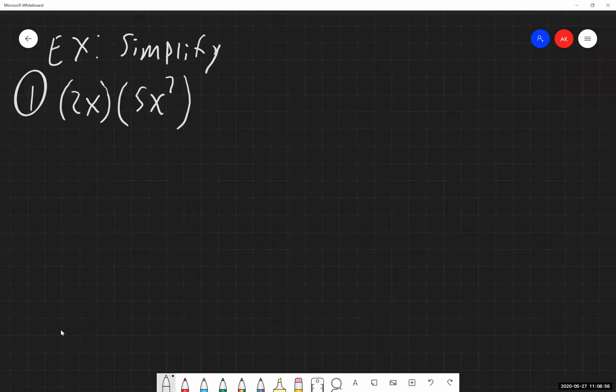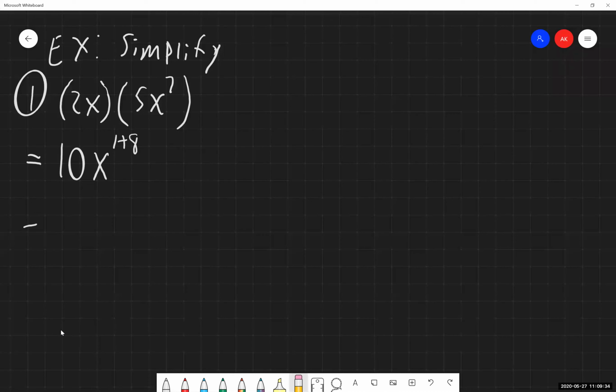My recommendation as you're going through these, since we have numbers and we have variables, is to work these problems in parts. If you try to do everything at once and you are able to, good for you. But if you can't, that's fine. Just work with the numbers, then the first variable, then the second variable, piece by piece. So we're going to work with 2 times 5. That's going to give me 10. And then I have x times x to the 7th. The bases are the same, and they are multiplying, which means the exponents are going to add together.